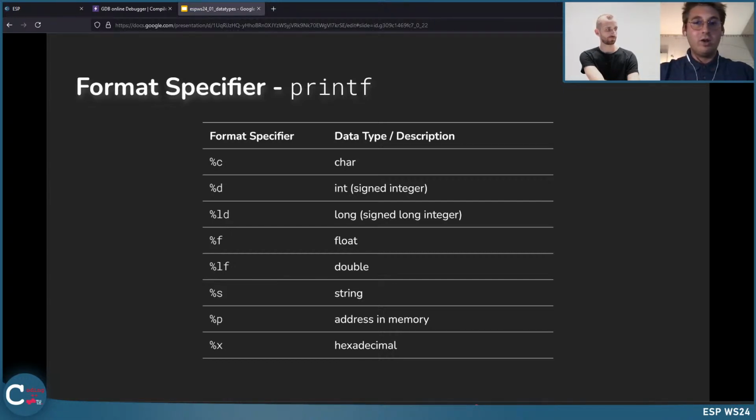So I will not go through all of that, but the most important are %c for characters, %d for int, %ld for long, %f for float, %lf for double, and %s for string. We will also get to know %p for address in memory, and there are a bunch of other format specifiers which could be used but are not really necessary at the moment.